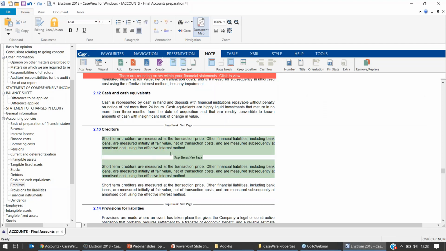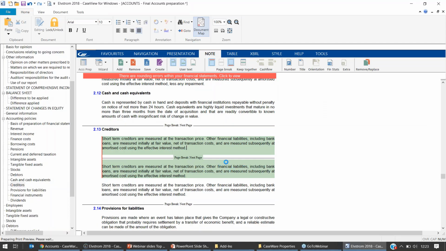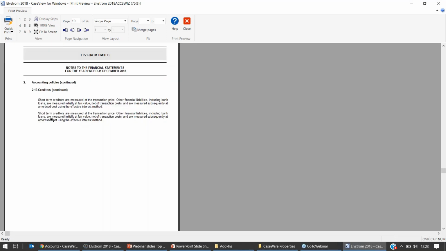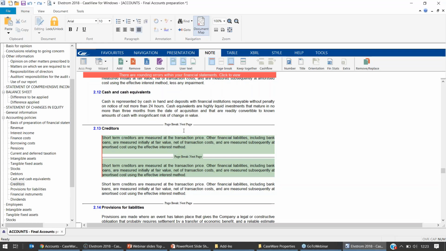Once you do that, you'll see the page break goes in, and if we went to a print preview, then you'll see that obviously the page break has been set out in the way that I want. So there's the first section of the text, and as I go down, there's the second section. Okay. Now, the only other thing on page breaks just to be aware of is that you can go through